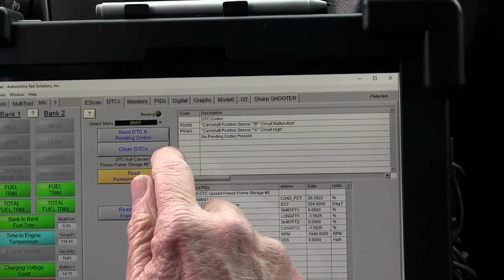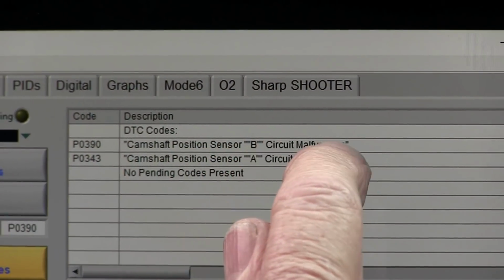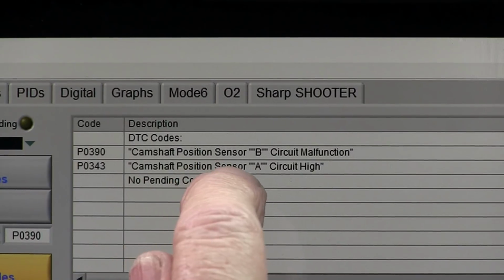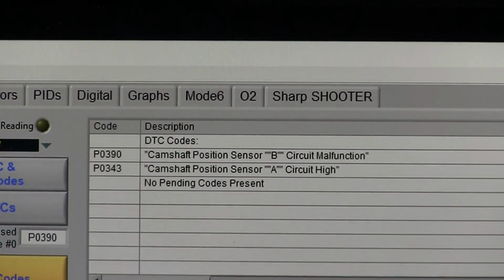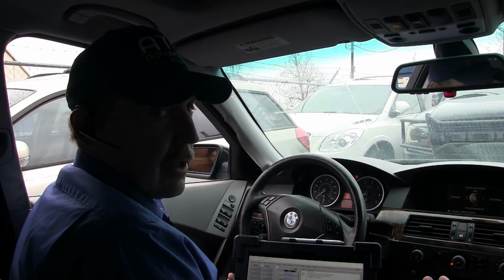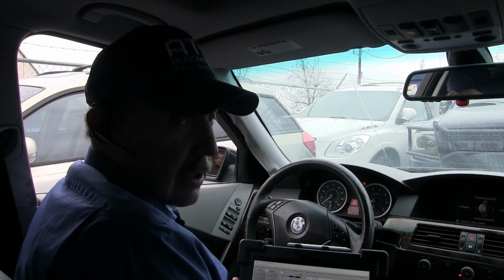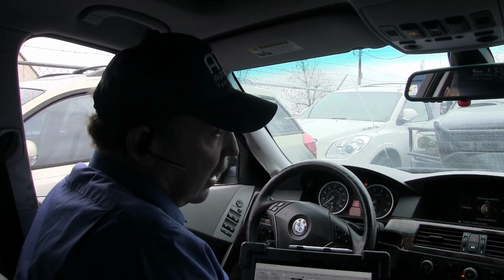This is what I'm really interested in. I have the cam position sensor circuit malfunction on B, and I have a cam position sensor A circuit high. Now, the shop has been trying to fix the cam sensors on this car, and apparently these are the codes that they get. So what I want to do, since this car has been worked on, I want to just